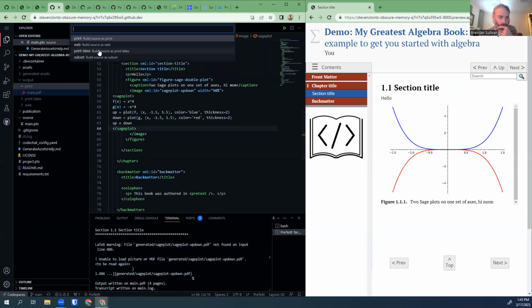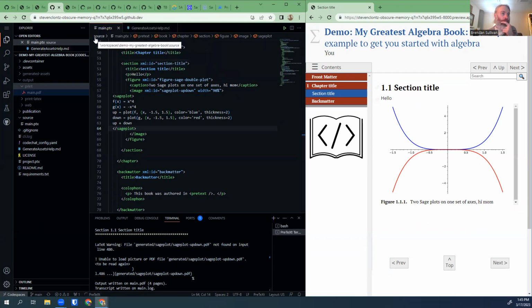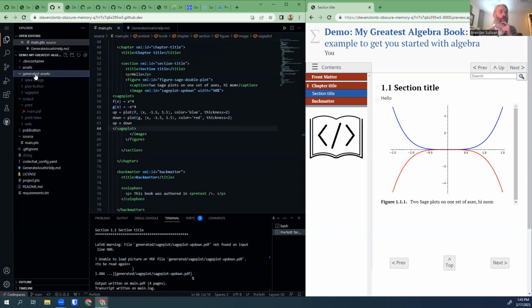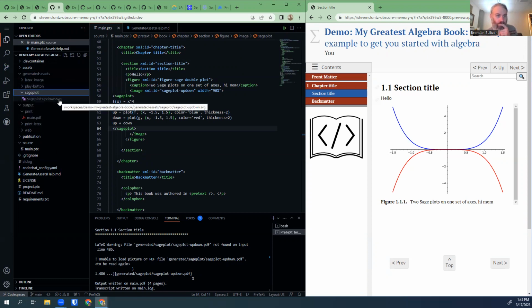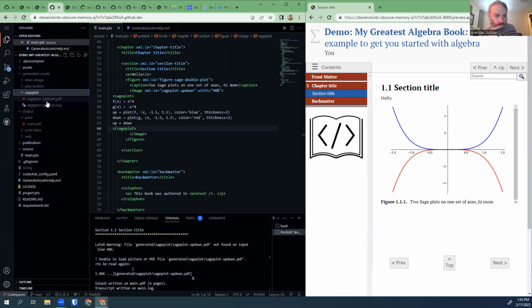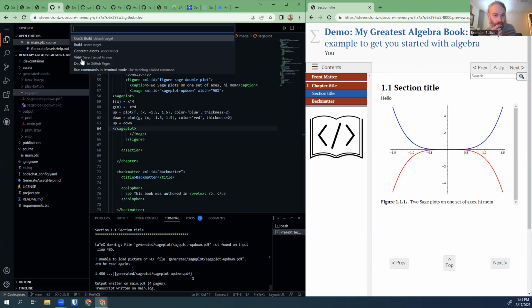I need to generate assets for print, because what's happening is it's going over here and generated assets. And this is a Sage plot. When I generated it for web, it made this little SVG. Now that I'm generating it for print, God willing, if it works, it's going to create a PDF version. There we are. Now, if I PreTeXt build print,